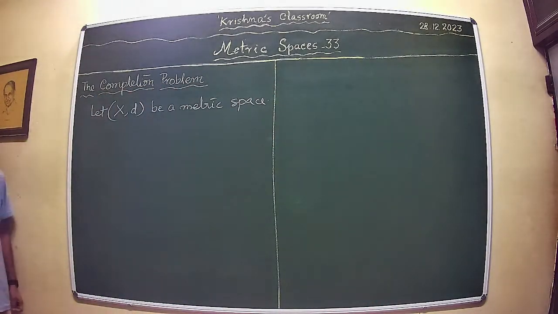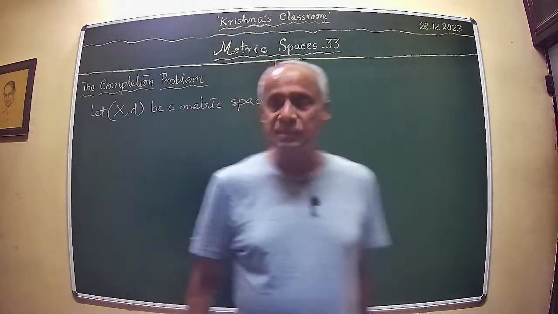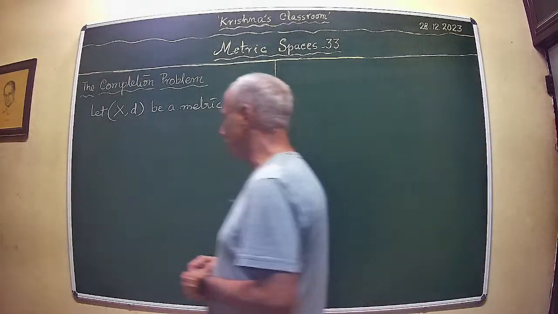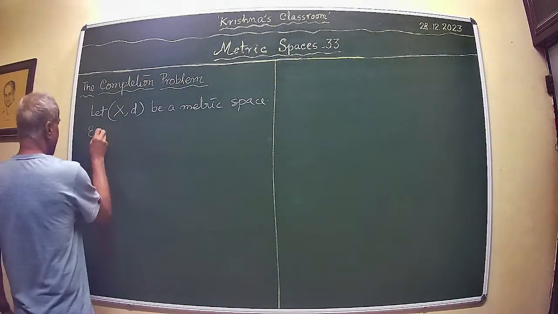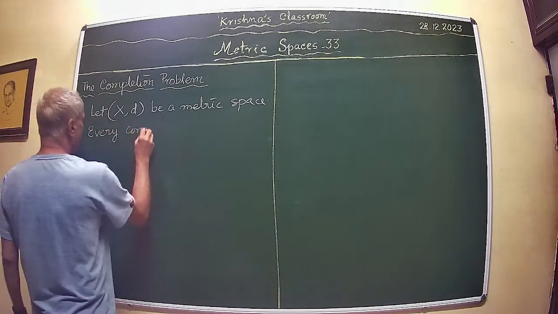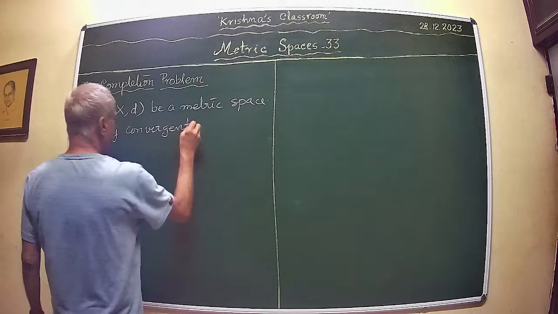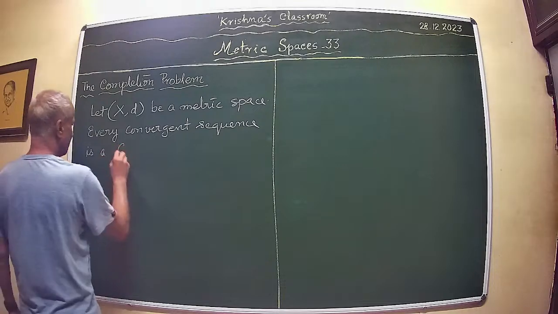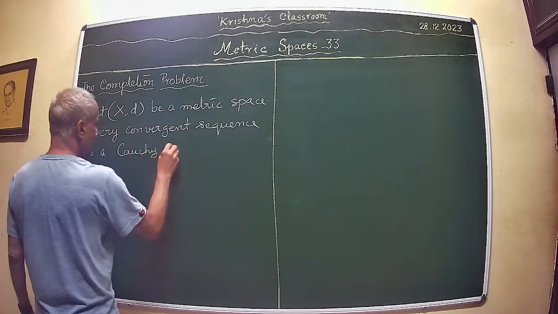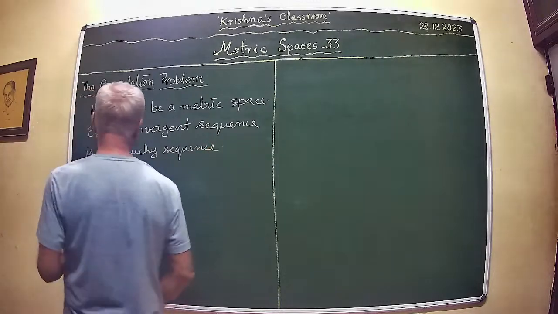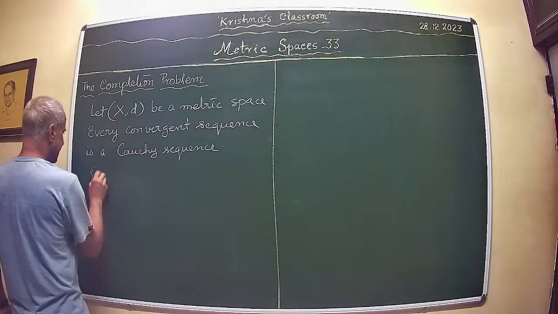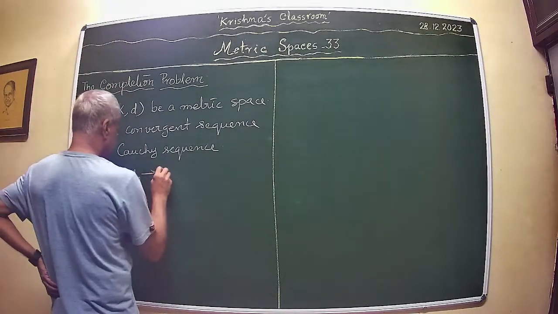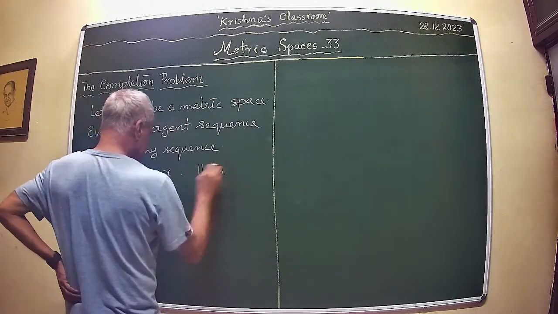recall that every convergent sequence in a metric space is a Cauchy sequence. So, this is what we have. Every convergent sequence is a Cauchy sequence. By which we mean that if Xn is a convergent sequence and Xn converges to X, then we have